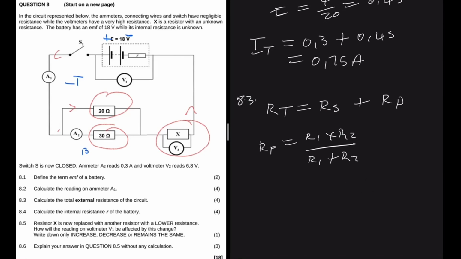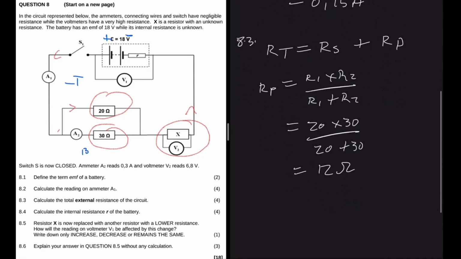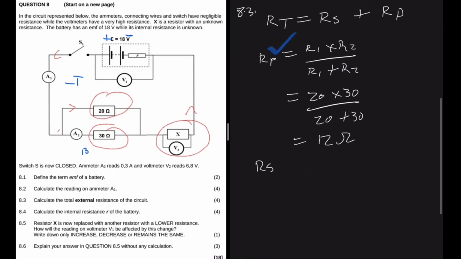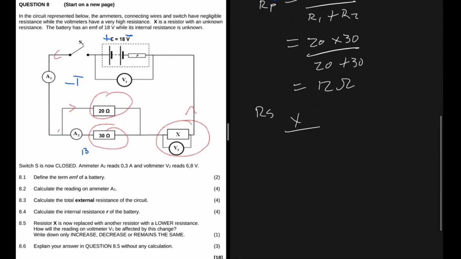For R1, let's take 20 ohm as R1. So we have 20 multiplied by 30 divided by 20 plus 30. If you put that in your calculator, you get 12 ohms. So we are done with our resistance in parallel. Now we have to move our attention to our resistance in series. So let's come to resistor X. Let me just denote here that we're talking about X. We know that it's going to experience IT because it is in series relative to the circuit, and that will be